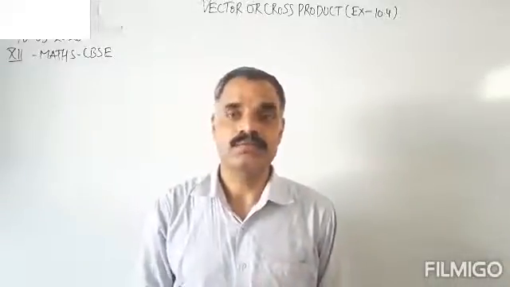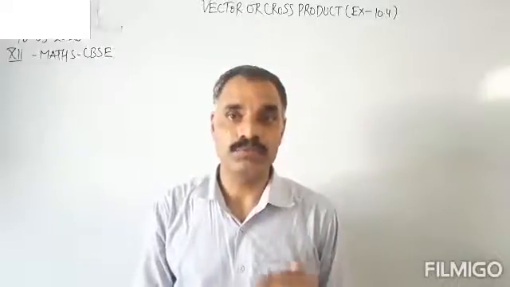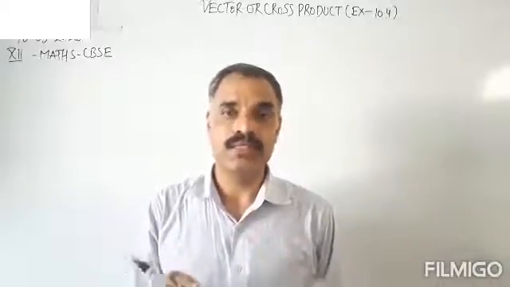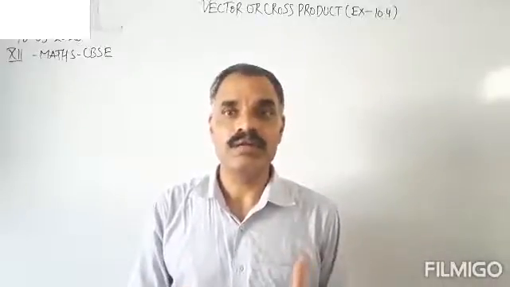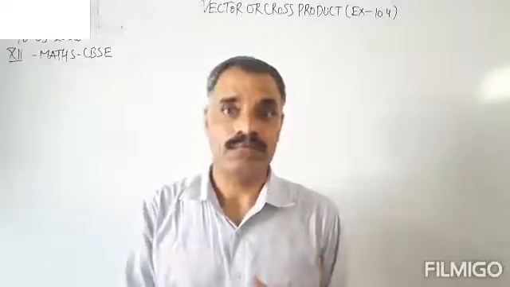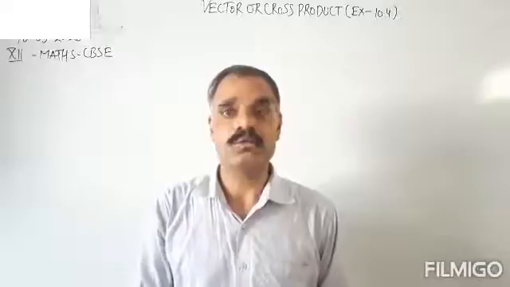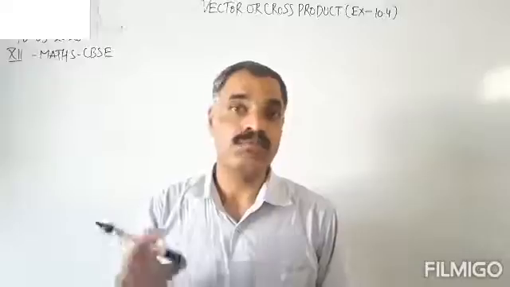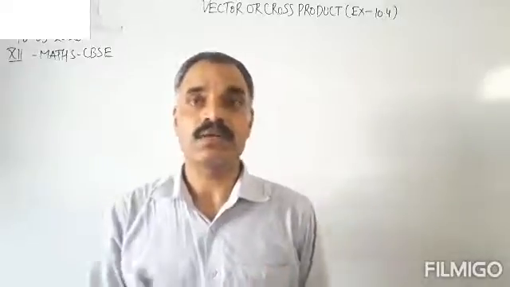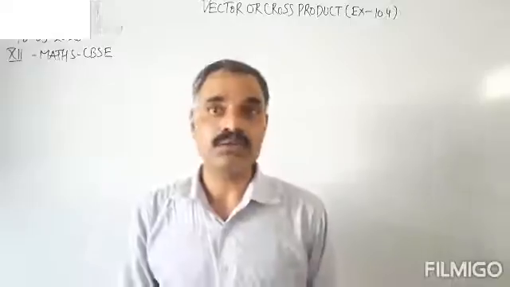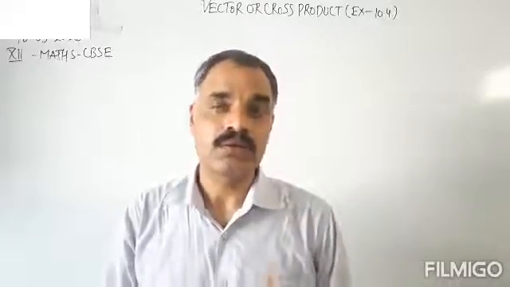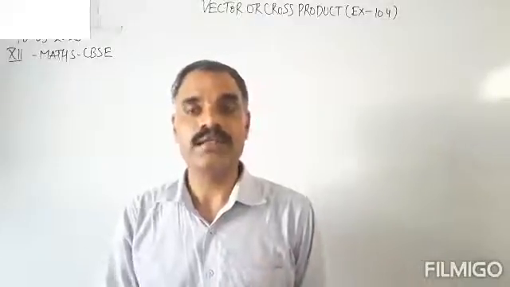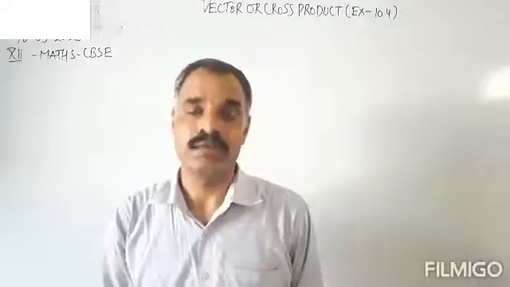This multiplication of two vectors is said to be vector product, as after multiplying two vectors, a vector and b vector, we are having a vector as a result. That is why it is said to be vector product. And in the multiplication of two vectors, we use the symbol cross. That is why it is also said to be the cross product. So cross product and vector product both are the same and have the same meaning and definition.